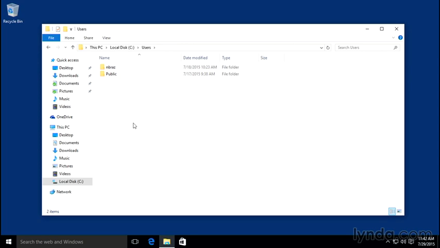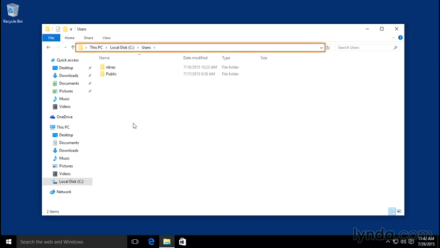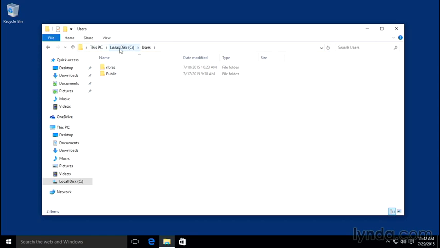As you're navigating through these folders, it's always important to know where you are. Okay, so I'm in This PC, I'm in my C drive, and I'm in the Users folder. But how do I know that? I'm not going to remember all of that. Instead, I'm going to look at the path bar up here near the top. I'm in This PC, inside of that I'm in the C drive, inside of that I'm in the Users folder. The path shows you exactly which folder you're currently looking at, along with each preceding folder that gets you to